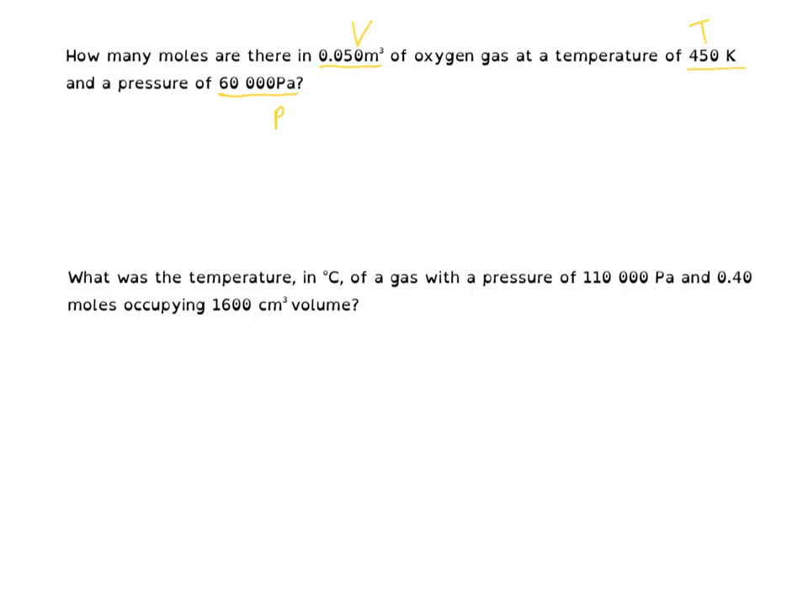So the first thing that I recommend you do is you write the ideal gas equation out, PV equals nRT. You rearrange it to make n the subject, n equals PV over RT. And then you write the quantities, V equals, T equals, P equals. And then you do the conversions, because getting into this routine encourages you to remember to do the conversions,